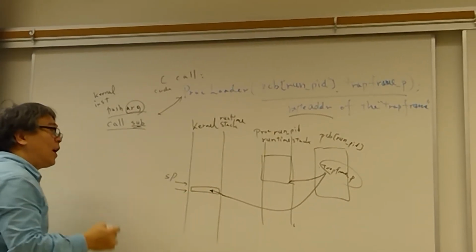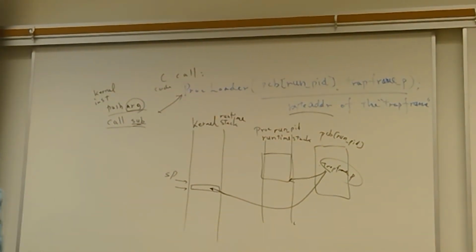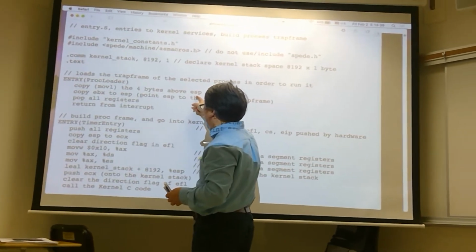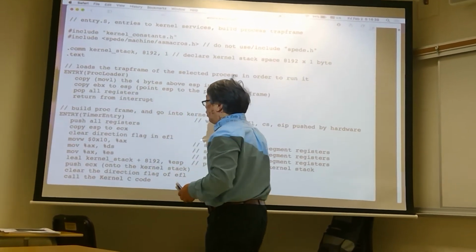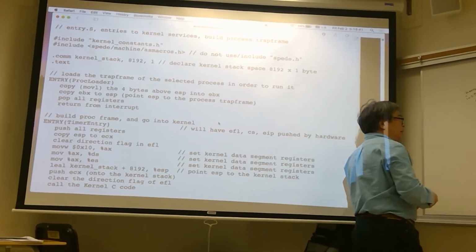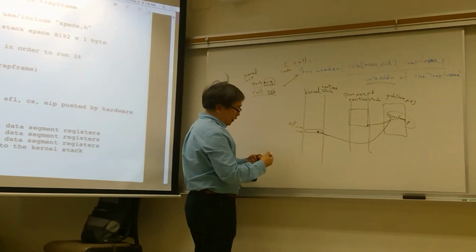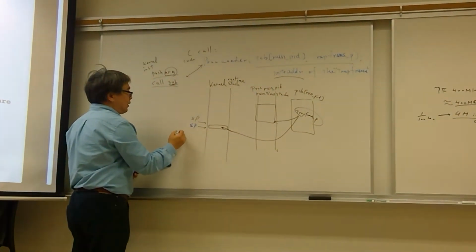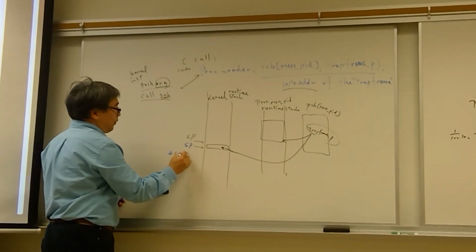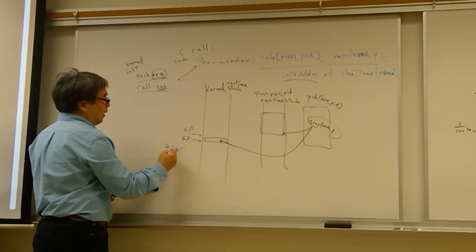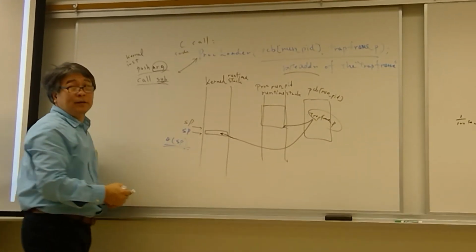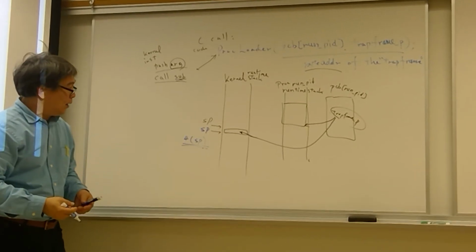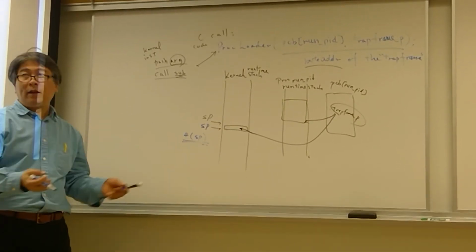Okay, so to continue from the assembly code's view, the critical argument passed over is 4 bytes above the ESP. In the 32-bit domain, each push is 4 bytes, a 32-bit address. So the stack pointer is now here, and you can see the argument is 4 bytes above the stack pointer. In the Intel syntax it is like this, as you know. The base is the stack pointer, and 4 is the offset. So that is where we extract